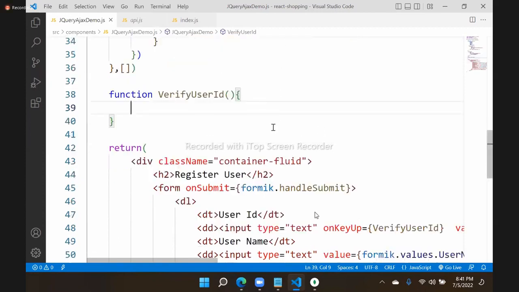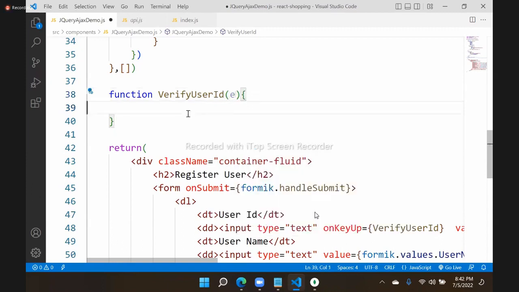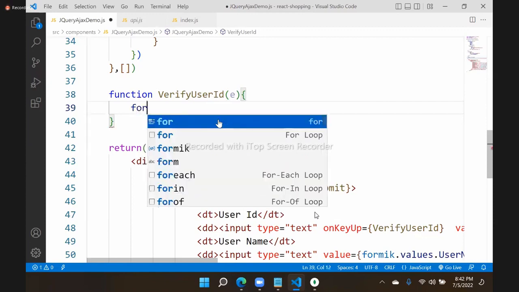Whether the user ID you entered is taken or not. First you have to collect the user ID typed inside the text box. We will use the event argument. So here we will declare, and write a simple logic. Because you have to verify with an array, we will use for